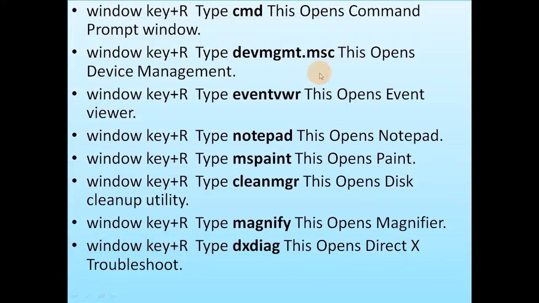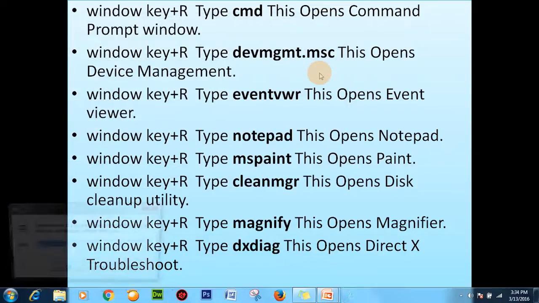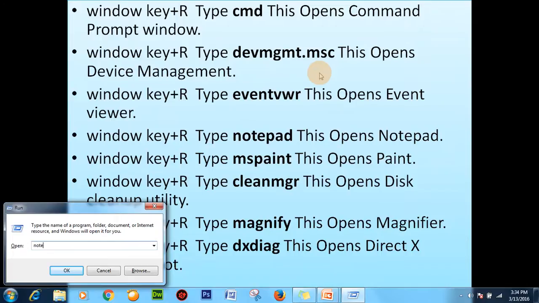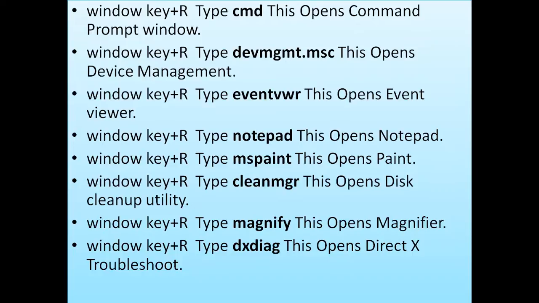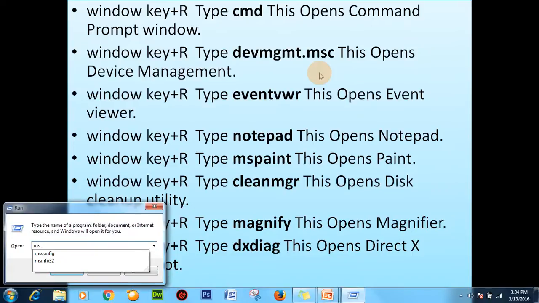So the next command gives you the notepad. See, the notepad opens. It's very easy. It's time saving as well. Now MS Paint